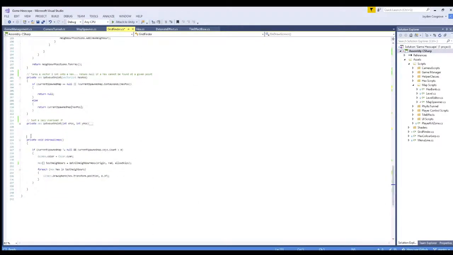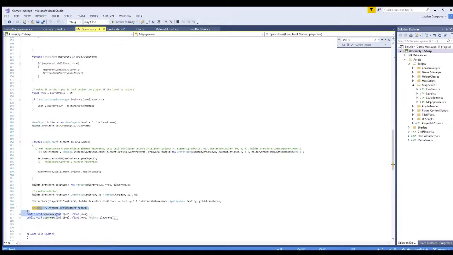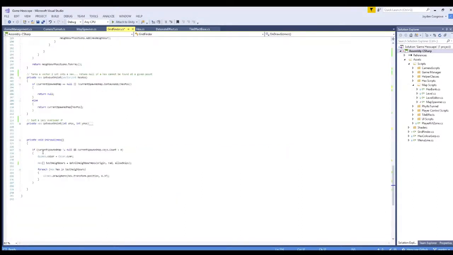And then here's the OnDrawGizmos. So if current map does not equal null, this is just to make sure that the map's actually been instantiated by the map spawner, which sets it up. If it is the case and the current map key count is greater than 0, just to make sure it actually exists, then we just start spawning in a bunch of spheres at each hex in the test neighbors array, which